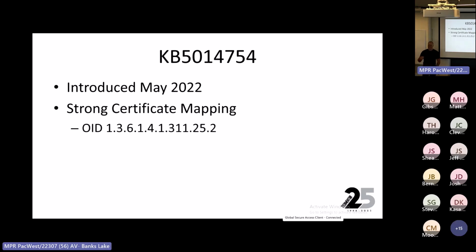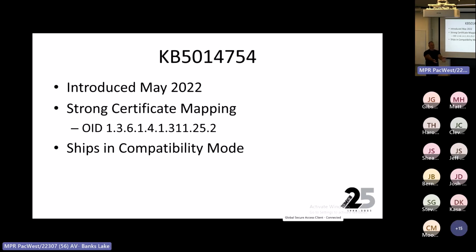It adds an extension to the certificate template that includes an application policy, and the data in this extension is the SID for the security principal, either the computer account or the user account. So now with the SID embedded in there, an attacker couldn't just arbitrarily submit a request and ask for this information. This update shipped in May of 2022 in compatibility mode,